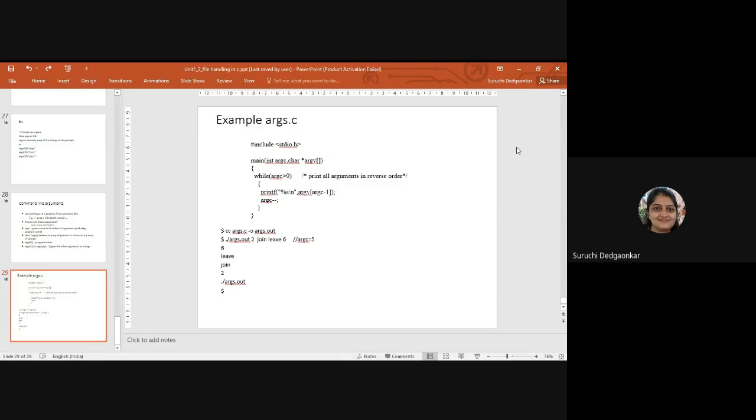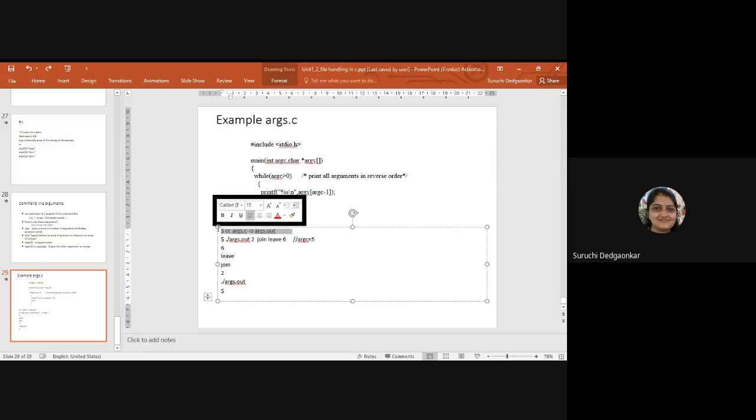Any doubt here? Ask now if you have any doubt. And then we'll see the next example. Is there any doubt in command line argument? So how to compile? Using dash o, so that the name of our command is now args.out. This is the name of our command. Okay, and with that command we are having these many parameters.